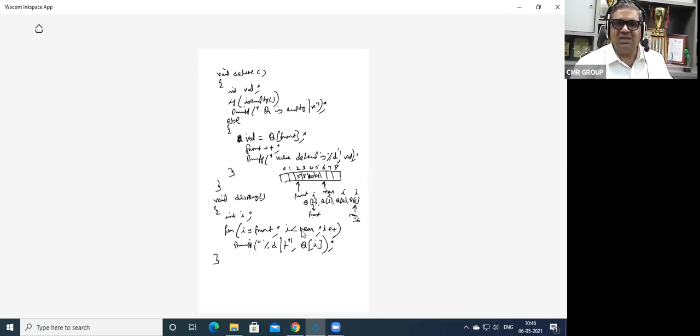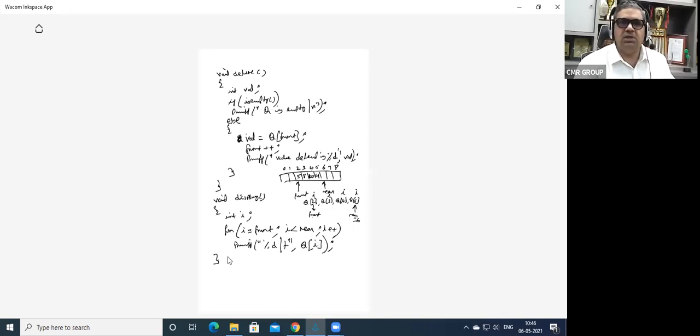So it is I less than rear. 6 less than 6 is false, so it will stop. So I keeps incrementing, and what are you printing? Percentage d slash t, Q of I. That's all. Very simple.